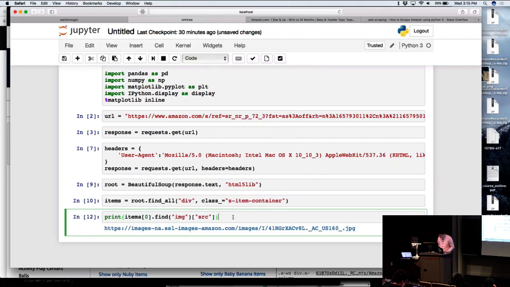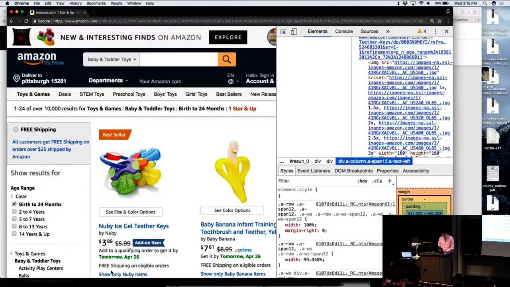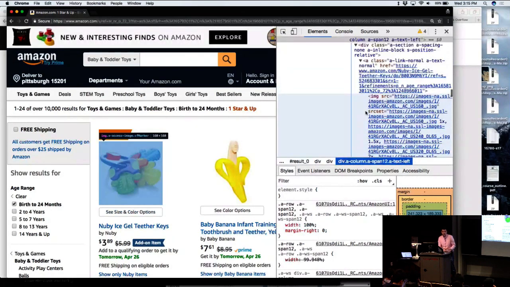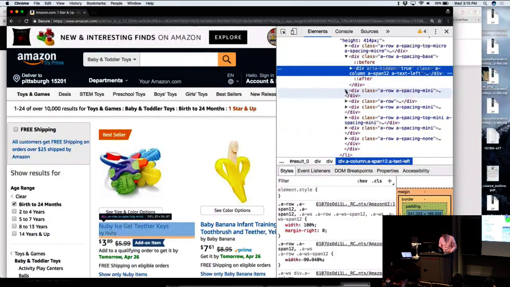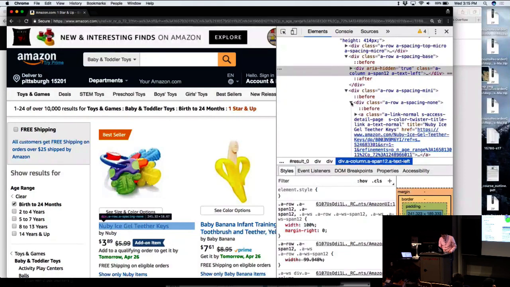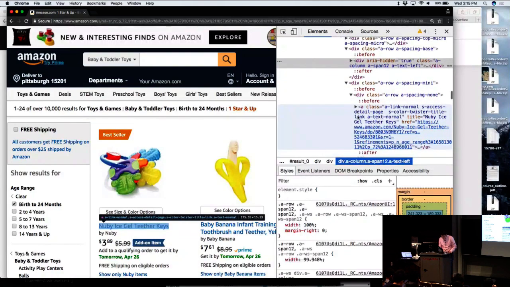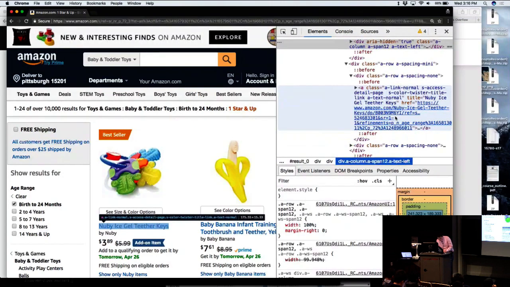So let's also now find, for example, the price would be actually no. Let's find the name of the item. That's going to be another important one. So let's look at this. Let's try to find where this item is. All right, so that's not there, but here. This thing looks like it's called a link normal. I'm not sure if that's going to be the only one there, but